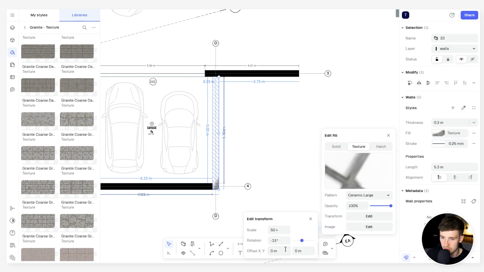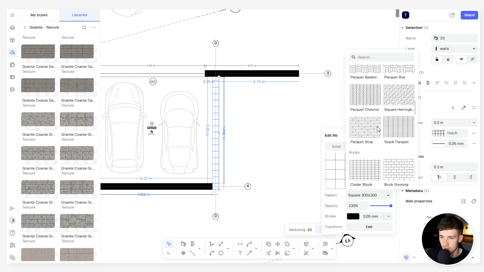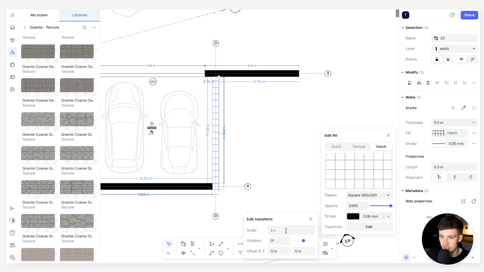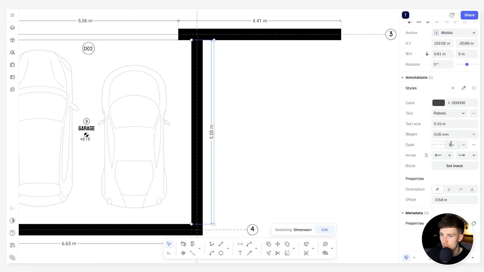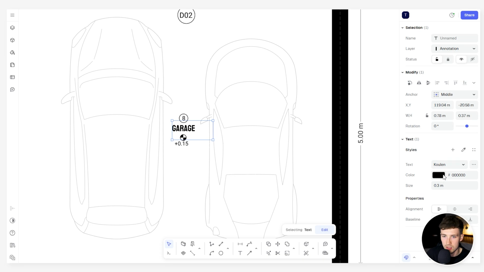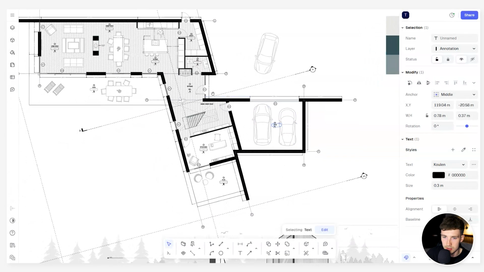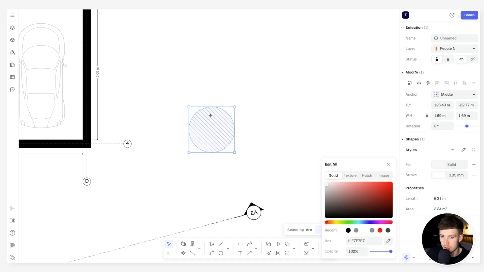You can change the rotation, and then finally you can use a hatch, which you can also select. You can change the opacity, change the stroke, once again scale it up and down, rotate it, offset it. Additionally, with annotations, once again you can change the color, text, arrowhead, etc., as demonstrated in the previous lesson. Likewise with text, you can change the font size, and finally with shapes, you can once again change the fill